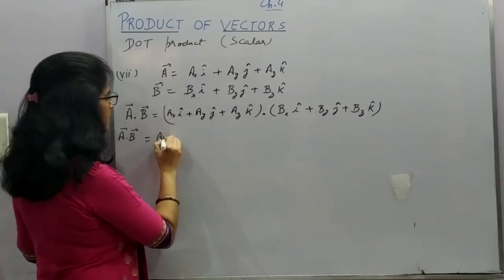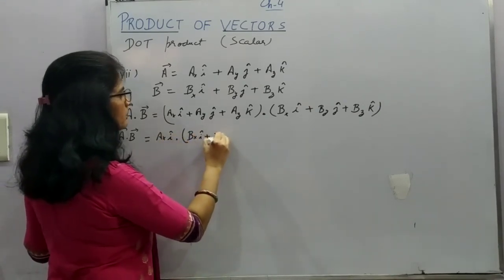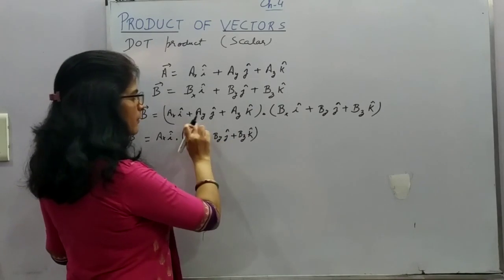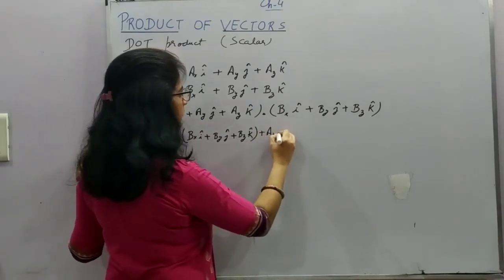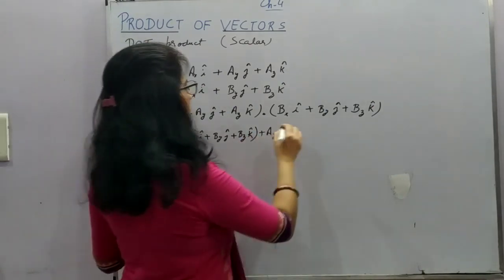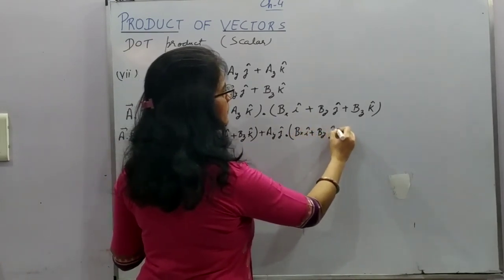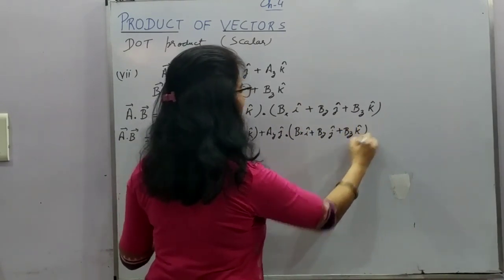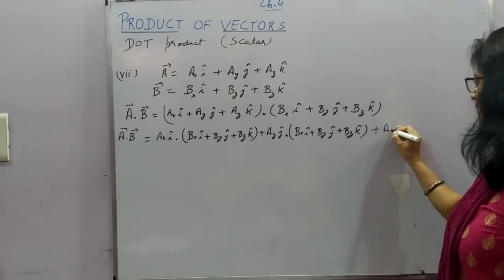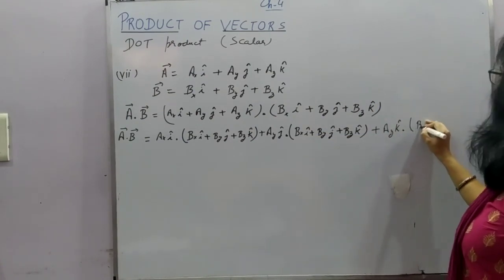So this is Ax i cap dot Bx i cap plus By j cap plus Bz k cap. Now this quantity plus Ay j cap dot Bx i cap plus By j cap plus Bz k cap. It is boring to write all this, but still you need to understand the step. So Az k cap, now it's its turn. So this dot, this is Bx